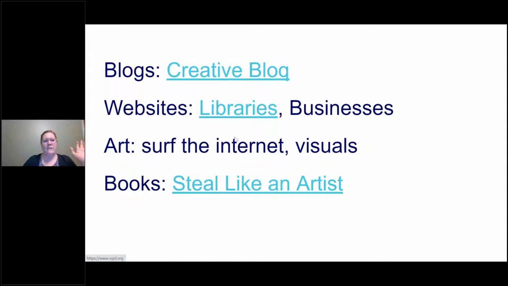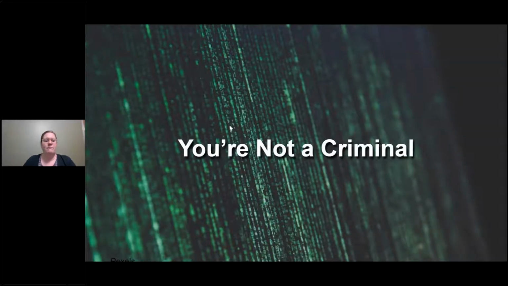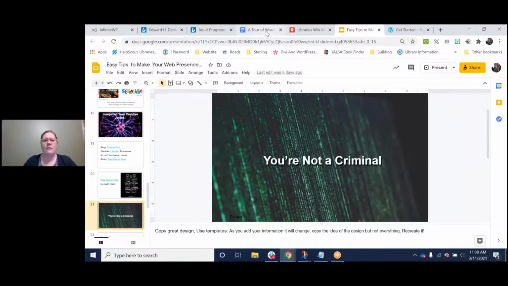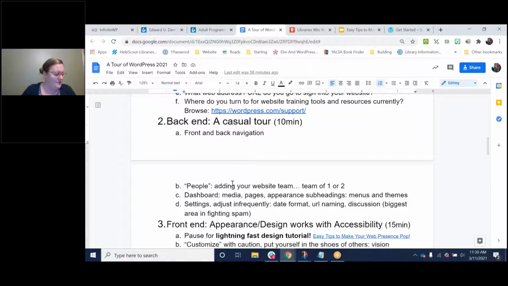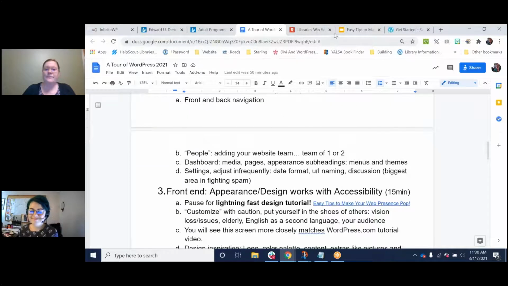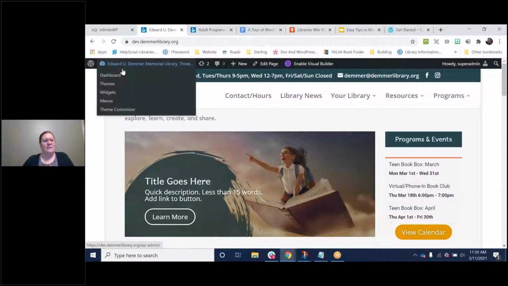So it's good to have favorite websites in your back pocket because it will inspire you. What functions do you want to see? What colors do you want to see? What websites can you copy? Those kinds of things. And I did see a question about statistics, but I think we're going to save that for the very end. Because now it's time to customize with caution.